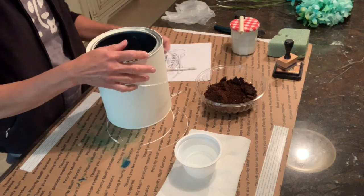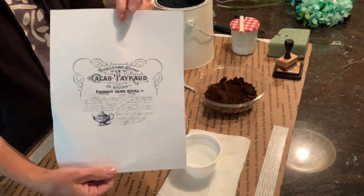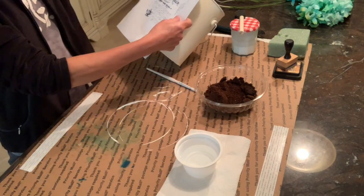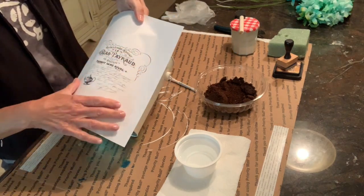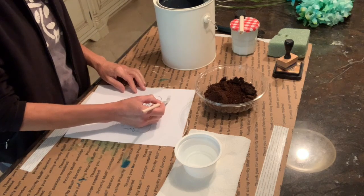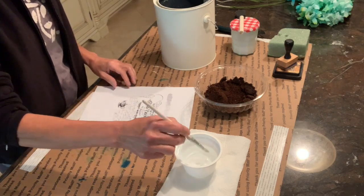I love it. So I went on the internet, and I got this image that I thought would look great on the can. So I printed it out with my inkjet printer, and I sized it. Actually, before I printed it out, I sized it, and it fits perfectly on the can. So how I'm going to cut it out, I don't want a straight cut, so I dip my paintbrush in water, and just go around the design and saturate the paper